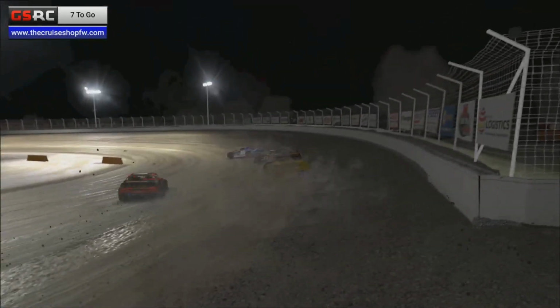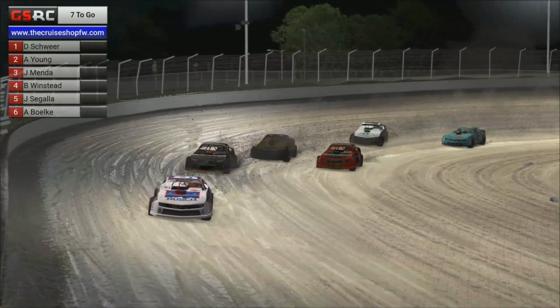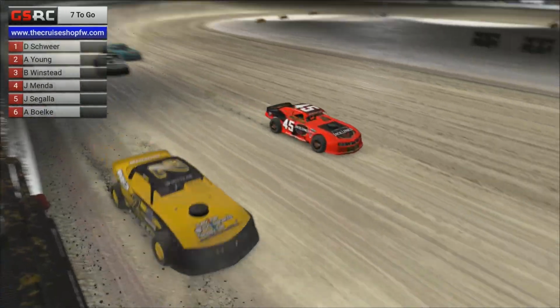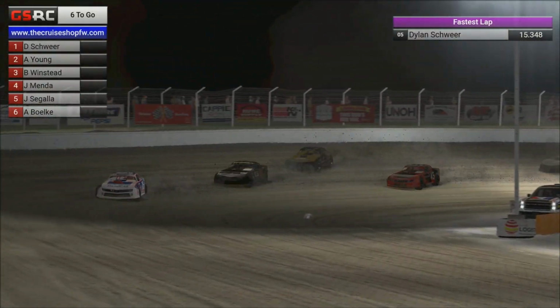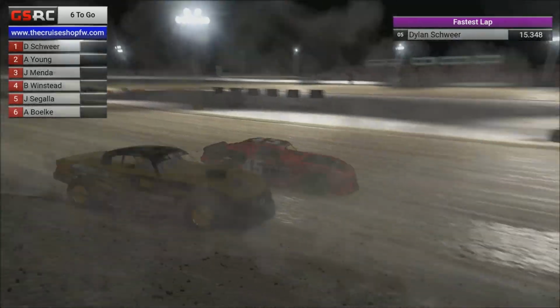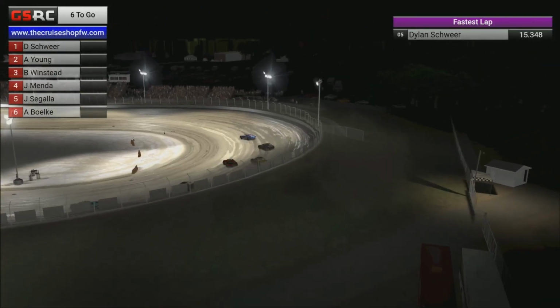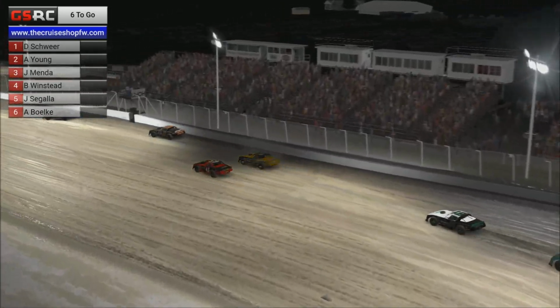I thought Winstead was initially going to peek down through the middle and make it 3 wide. Luckily, that wasn't the case. But Jason Menda using the inside lane as much as possible, try and get past Brendan Winstead. And with that start-finish line being more towards turn 1, it's going to be interesting to see how drag races go as they drag race down the back straightaway. Jason Menda continues to run the inside lane, and it just might barely be enough, at least at the start-finish